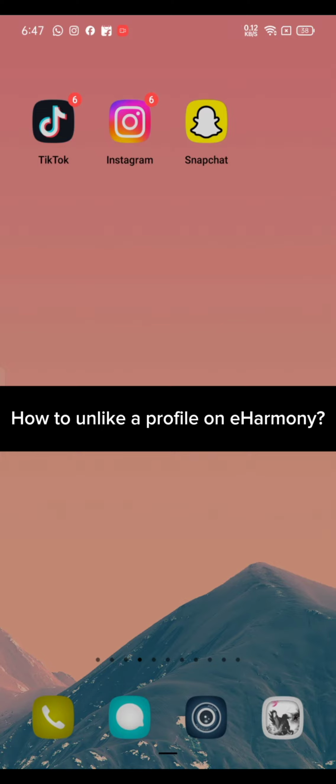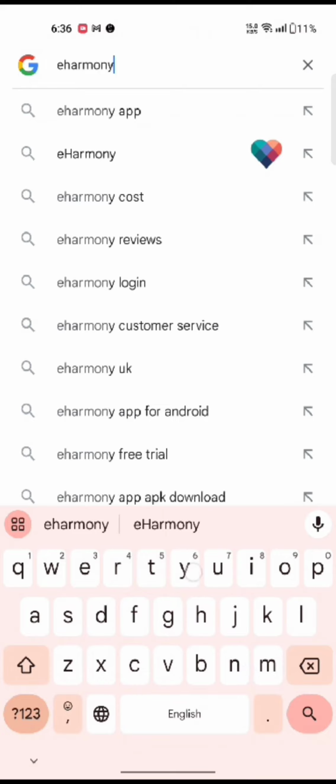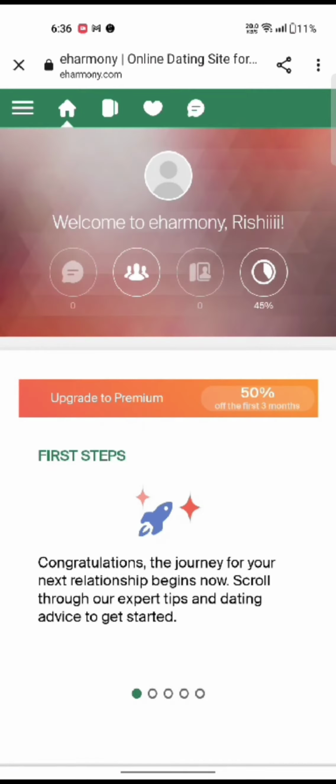To unlike on eHarmony, firstly go ahead and open up your Google search. On the search box at the top, type in eHarmony.com and make a search. The official page of eHarmony's account will appear on the screen. Log into your account if you are not logged in, and the home page of eHarmony will appear on the